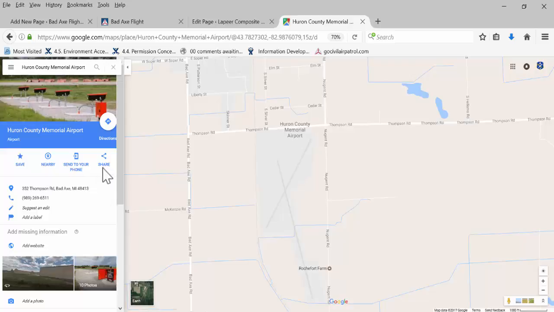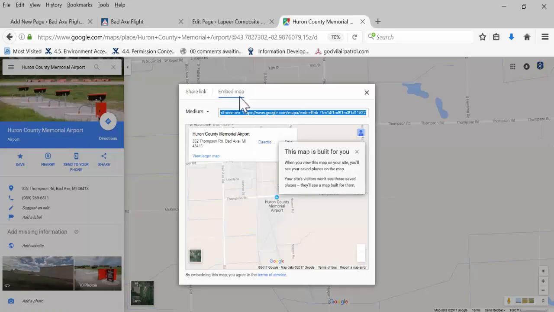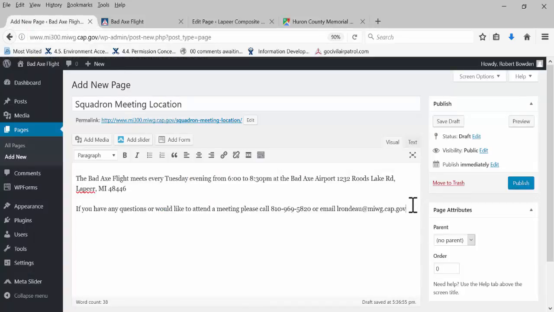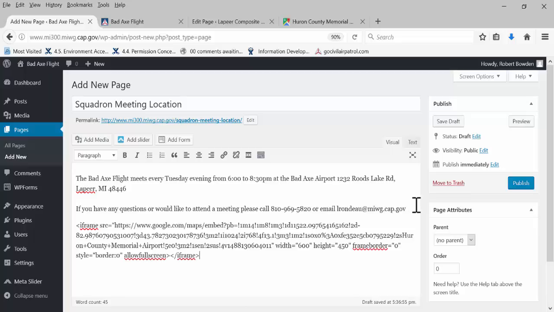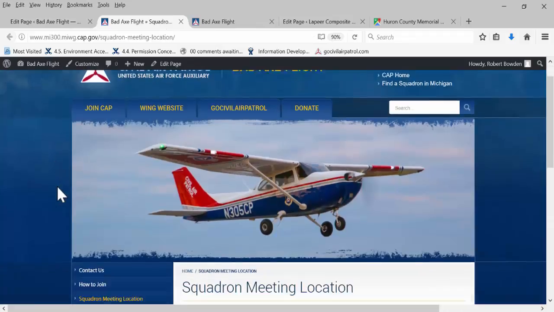All I'm going to do is come here to Share, and then I'm going to embed map. I can grab this link, just copy the link. I'm going to come back here into my WordPress install, and I'm going to paste the link in. All I need to do now is hit publish. I can click on the link, and